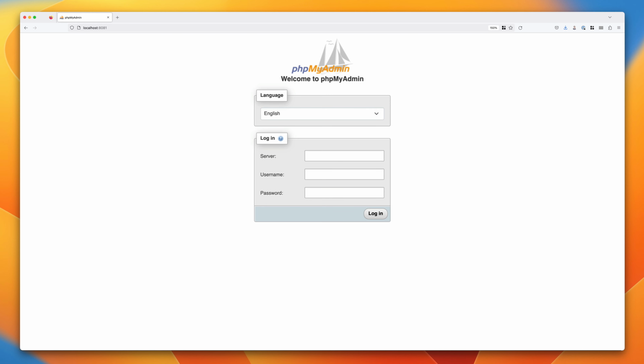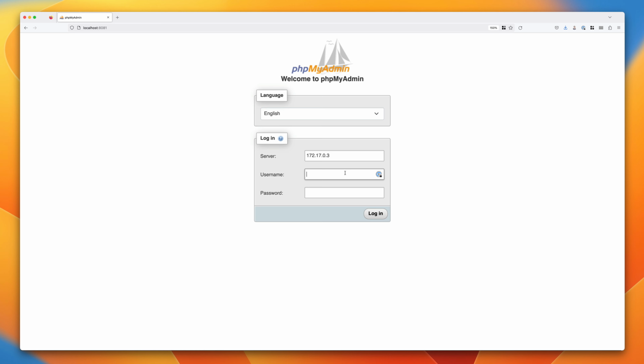Now this is going to take you to the phpMyAdmin screen, and this is where you can log in. Now this is being loaded from the container that we just ran at the start of this part of the course. This is just running a standard installation of phpMyAdmin. It's nothing special, but we're going to use it to connect to the MariaDB container that we've just launched together. So in the server box, I want you to go ahead and type in the IP address that you just copied into your clipboard, so the internal IP address of the MariaDB container.